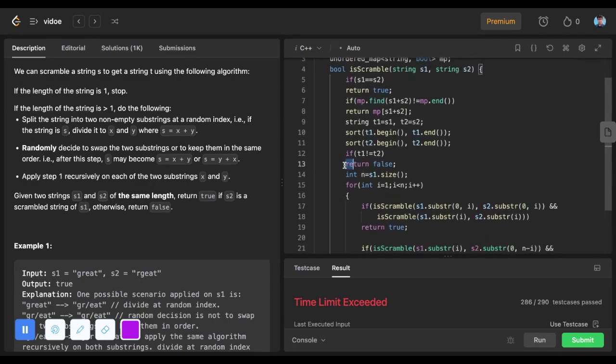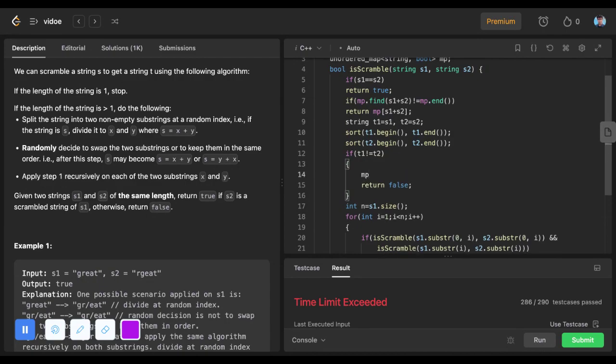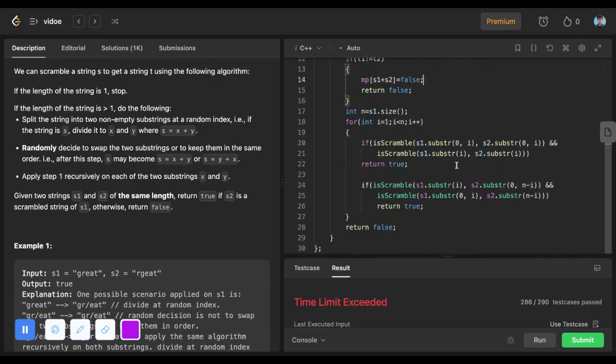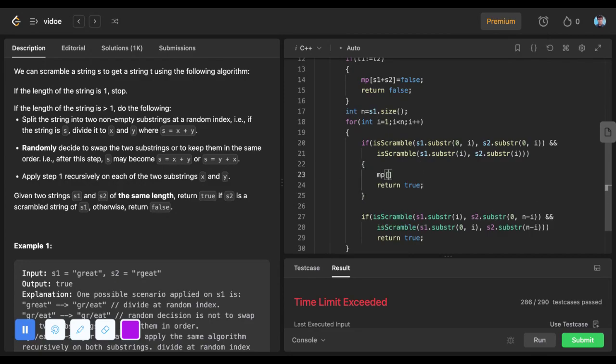And here I'm returning false, so before returning false, I can add in my map the value false. Here I'm returning false too, so here I can set s1 plus s2 equal to false. And here I can set it as s1